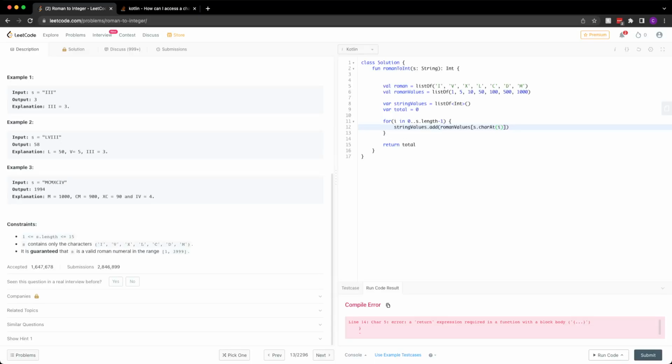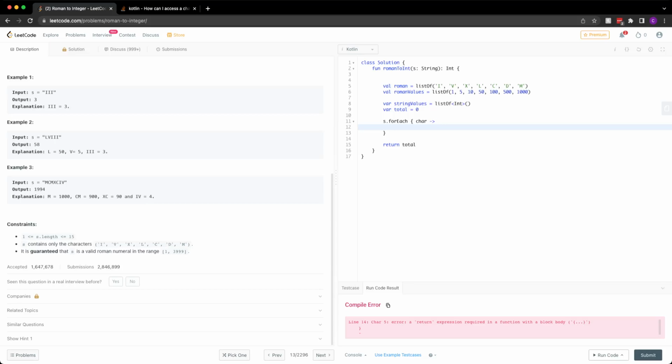So in that case, we actually should be able to just do s dot for each, and then char is giving the current item a name. Otherwise, it's just referred to as it. But for readability purposes here, we'll do char.